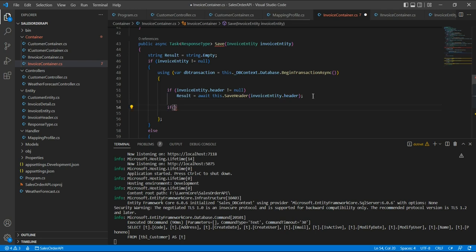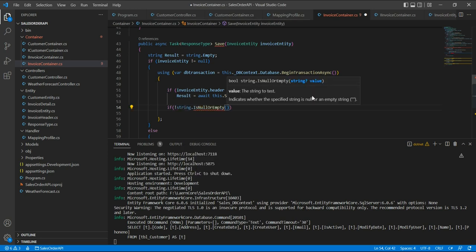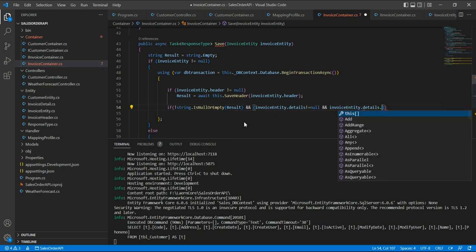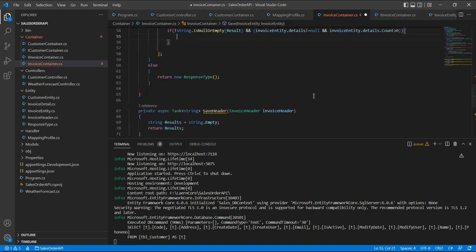And the second if condition should be: first we need to check this result value is not equal to null or empty, and also we need to check this invoice entity dot invoice detail, I mean the details, not equal to null, and invoice entity details dot count more than 0. If all the conditions are matched, here I am going to call